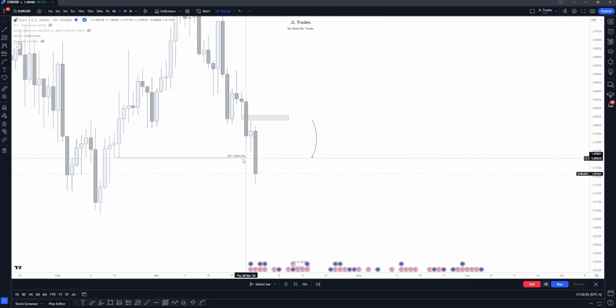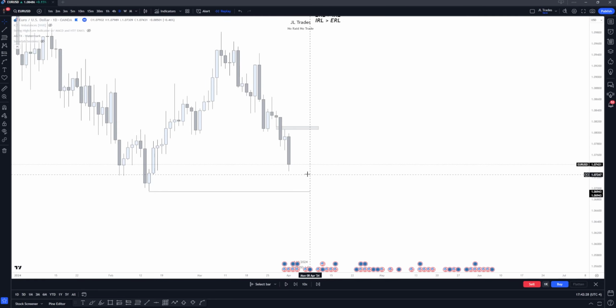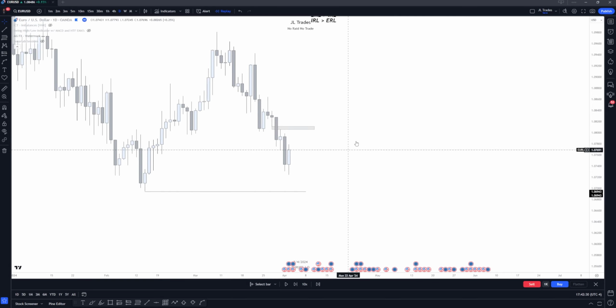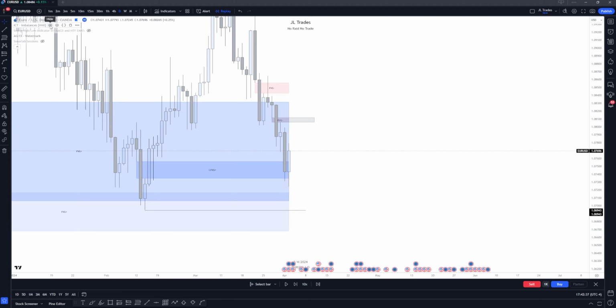Okay, so now we've taken our objective. What can I expect price to do? There is simply nothing to do. I could expect price potentially to go further down, so I just wait. The next day, we fail to go lower, and I've just noticed on my screen, we have an internal range liquidity. We have an IFVG, inversion fair value gap. So with that being said,